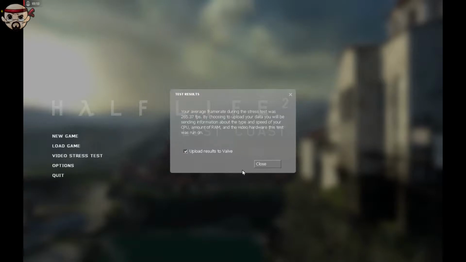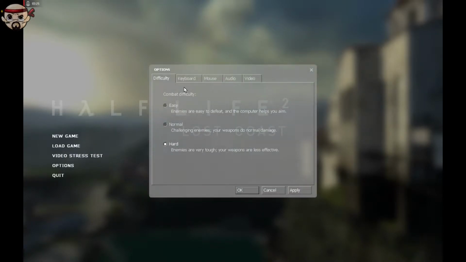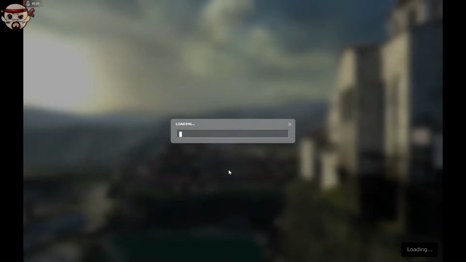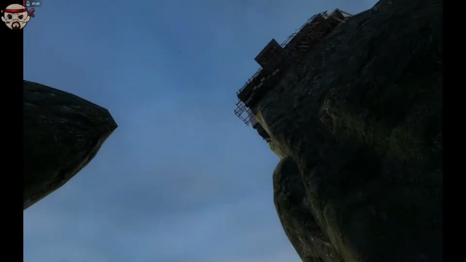Your average frame rate 265. Okay. New game. Do I get to choose difficulty? I guess not. Oh, maybe it's in the options. Yeah, let's put it on hard. And yeah, let's keep the video like this. Doesn't really matter for this one. It's a small one. Yeah. I haven't used this in all of Half-Life 2, but...